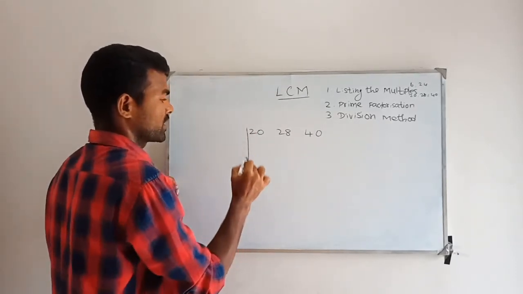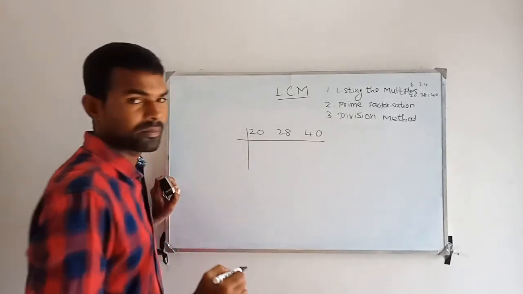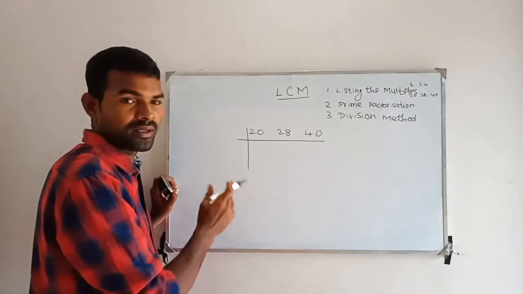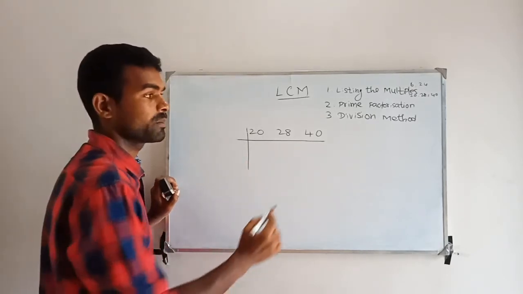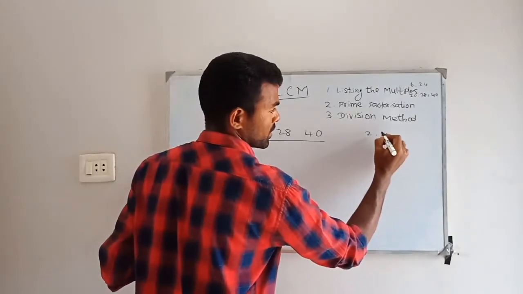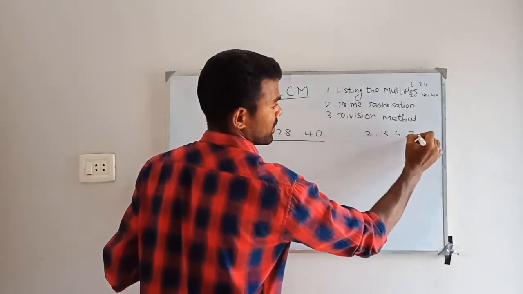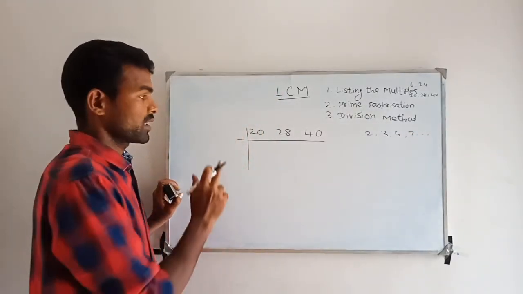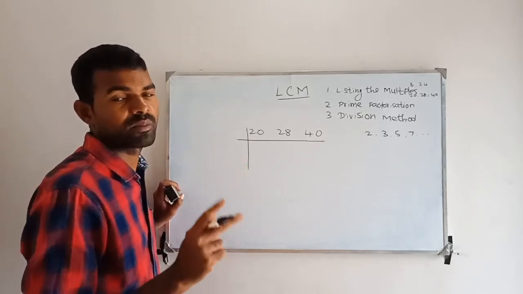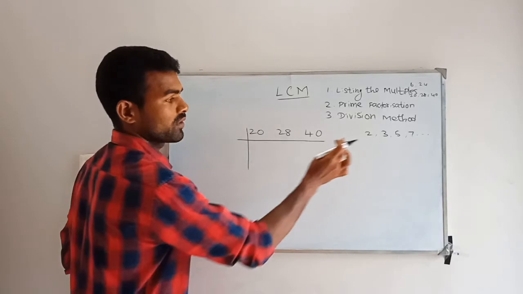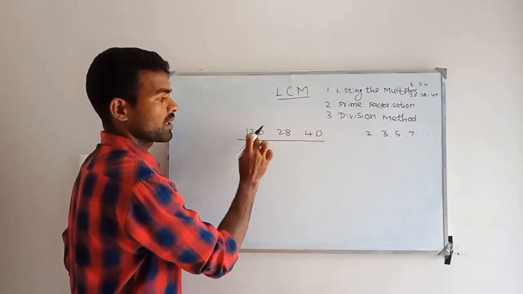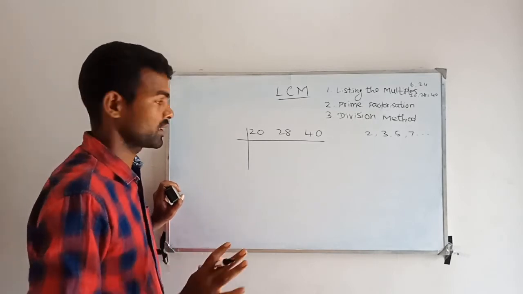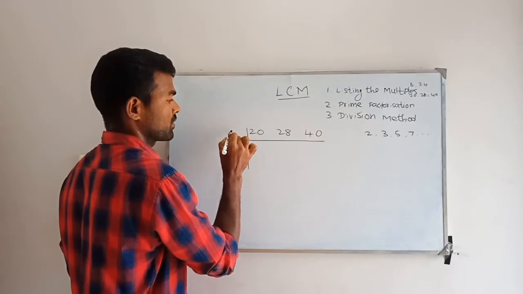Now we have to divide the given numbers by the prime factors. We already divided one number separately. Now all the numbers at one time we are going to divide by prime numbers. We know the prime numbers 2, 3, 5, 7, like this it goes. Divide by a prime number such that at least two numbers divide. Minimum two numbers it must divide, and maximum all the numbers. Take 2 and see if it is possible to divide two numbers.